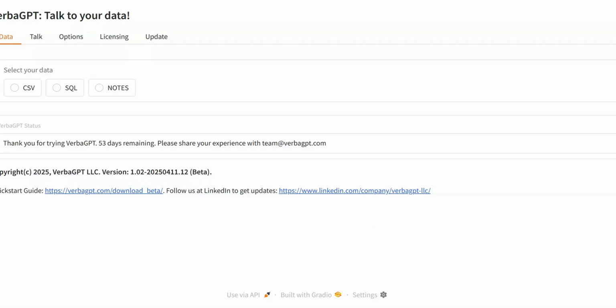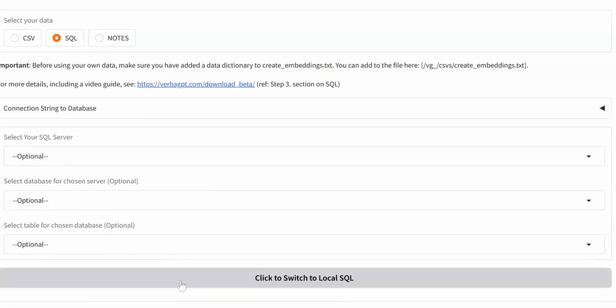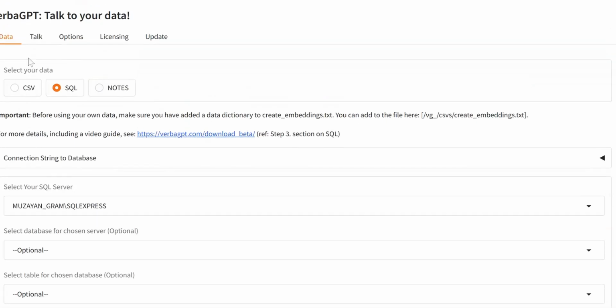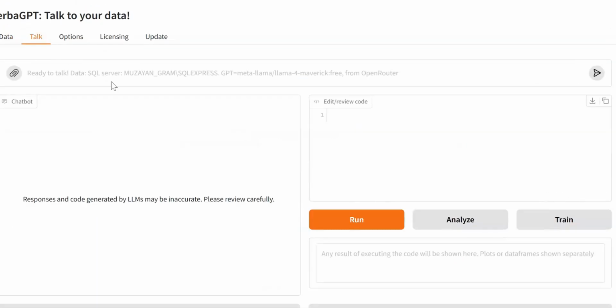I'm recording this in April of 2025, and where this technology can go in the future. So with that, I'm going to select SQL. I'm going to connect to my local SQL server that I have on my laptop here, and I'm going to ask a question. And Llama just released a Llama 4 model, so that's what I'm going to be using